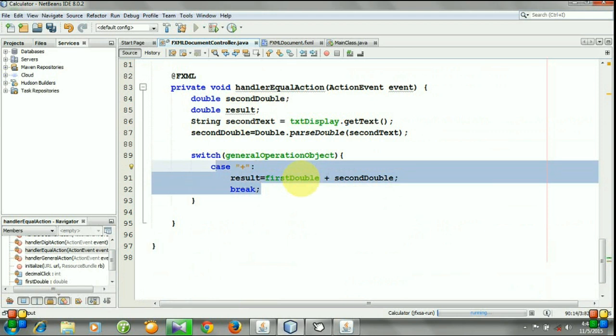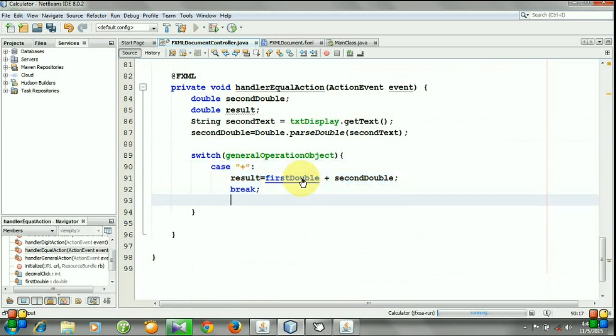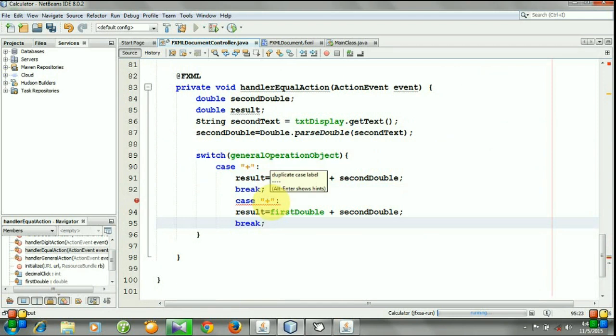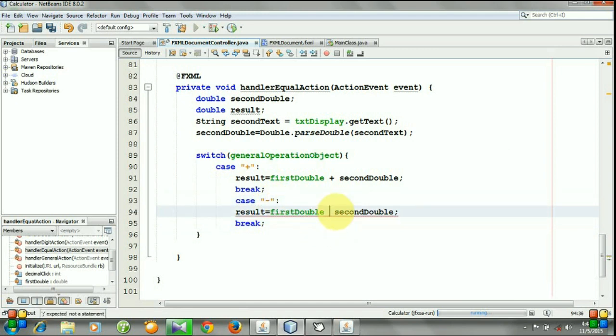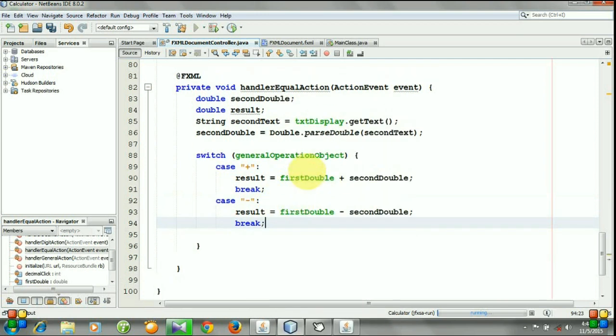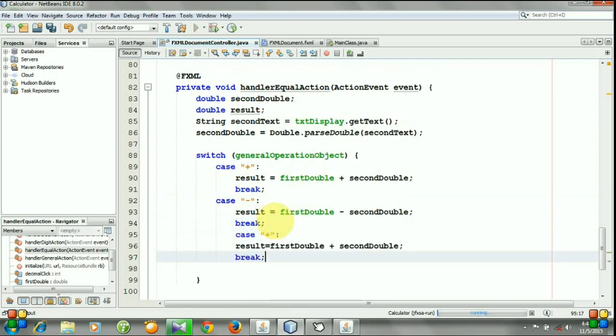Let's copy this and paste it. So for minus, the result will be first double minus second double. Format the code and again paste it. For multiplication, result would be first double into second double.